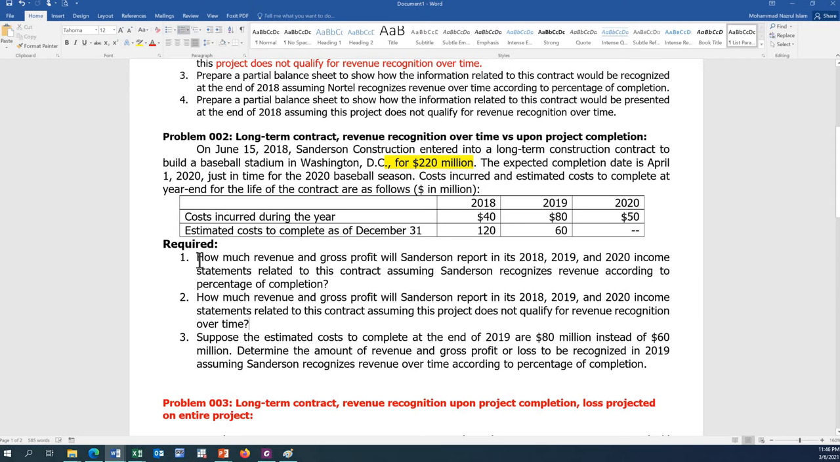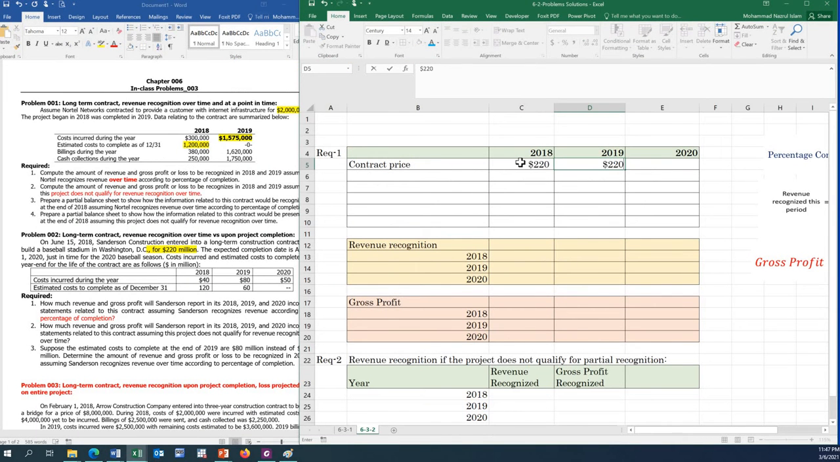So there are three requirements here. How much revenue and gross profit will be recognized in 2018, 19, and 2020 in the income statements related to this contract, assuming that the revenue is recognized based on the percentage of completion. So 220, 220, 220. Let's underline this one, and then